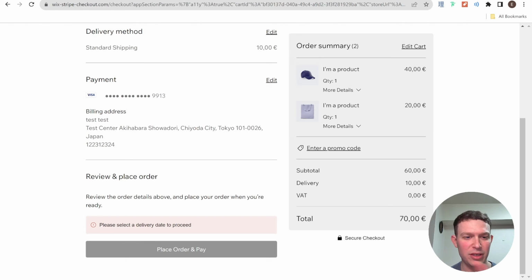Okay, so basically I put in all the delivery details, and now you can see here that it's giving me an error. Okay, so "please select a delivery date to proceed," and it's not letting me place the order. So it does work in terms of preventing the person from placing the order, but